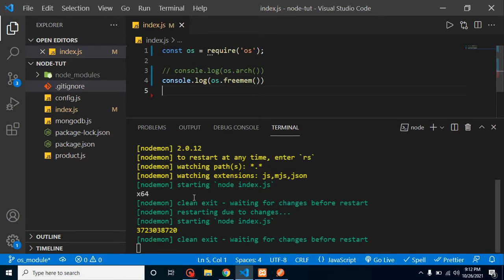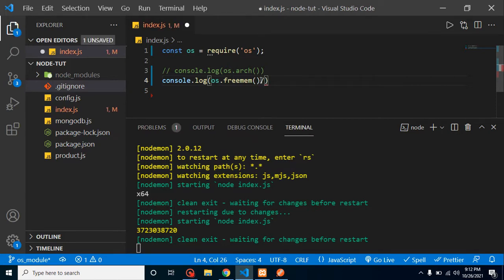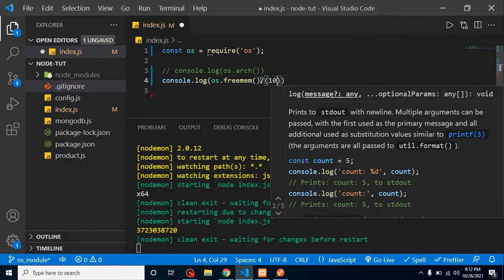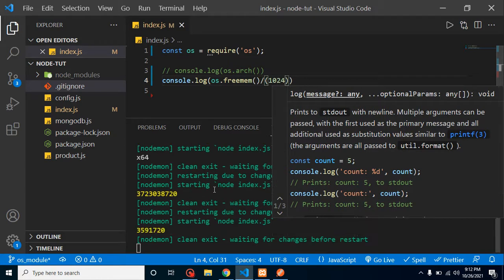We usually count our RAM or ROM in GBs, but this is in bytes. To convert it to gigabytes, we have to divide it by 1024, and now this provides kilobytes. If I divide it again by 1024, it provides the result in megabytes.